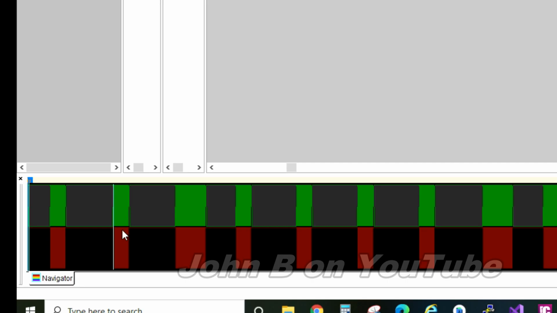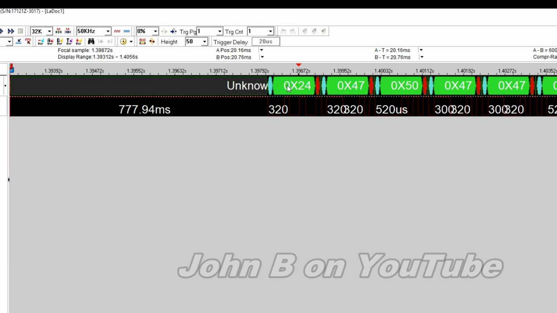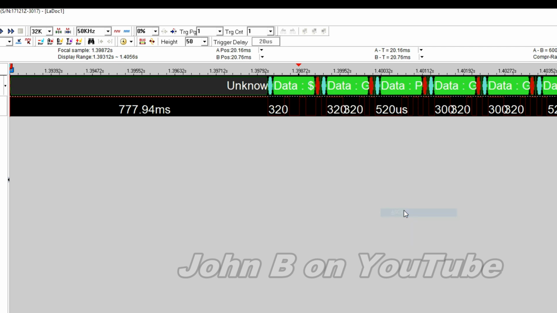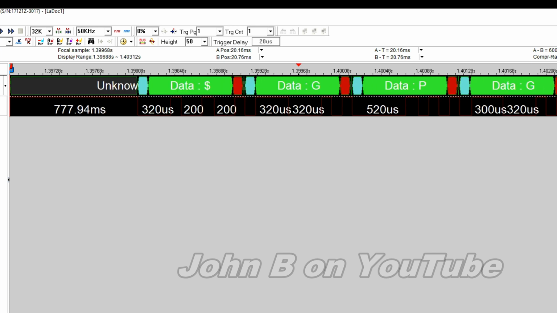This 24 is the start of this block down here. If you're familiar with ASCII, you should know 24 is actually a dollar sign. So rather than decode with hexadecimal, you can decode with ASCII. There we are, and there's a dollar sign. So this is the start of the first sentence. So the first sentence,